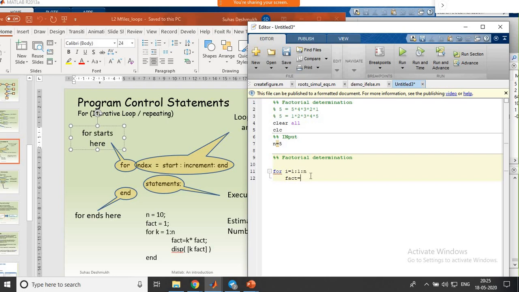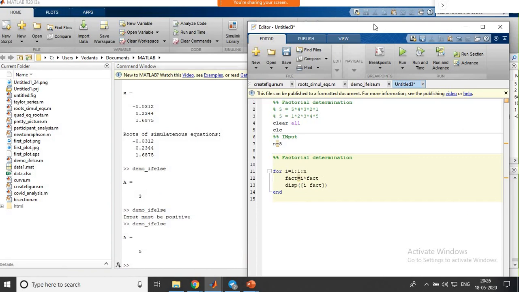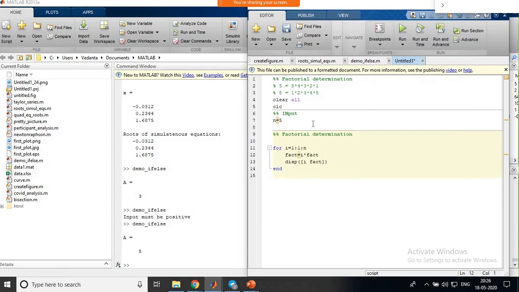Then I can have a factorial. This is the variable where you want to store it. So I can have fact equal to i multiplied with the previous fact value, then I will go on displaying, and I will say disp of fact, and close this loop, and I will say end. But here we have not defined fact. So if you run this program, you will encounter one error, and 90% of programmers will get confused by this, because we have not defined any variable. Here it is a recursive type statement you can have.